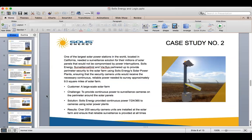The difficulty with the solar farm was they wanted power right out to the edge. As you can see, there's a fence in the background of this picture. They wanted to put 2 cameras on each one of these poles, which draw a decent amount of power. Even though they were in the business of solar power, this type of specific low voltage solution was something very different for them. We were able to deploy our units, in some cases over half a kilometer away from where